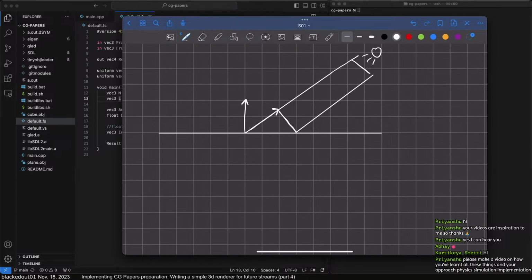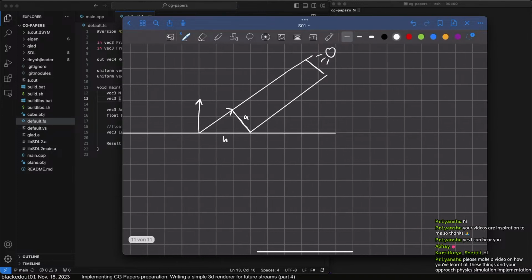So it would be this vector here. Basically, we want to compute this length here based on this length here. So if for example this length here is A and this one is H,